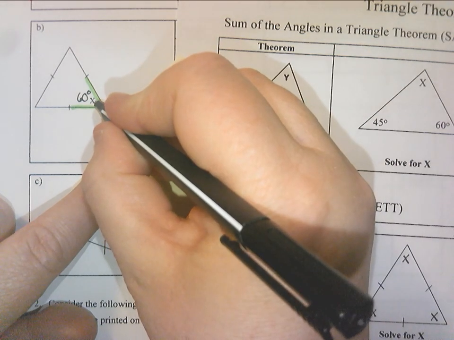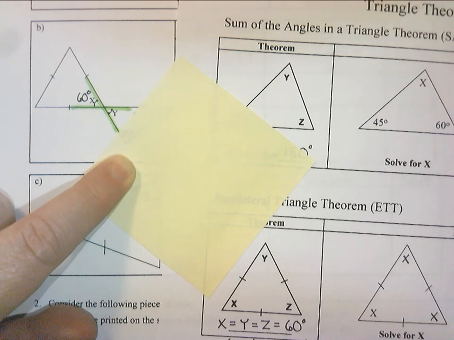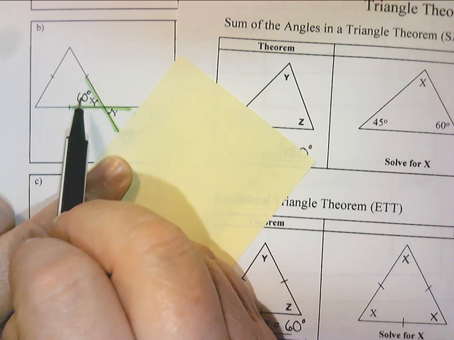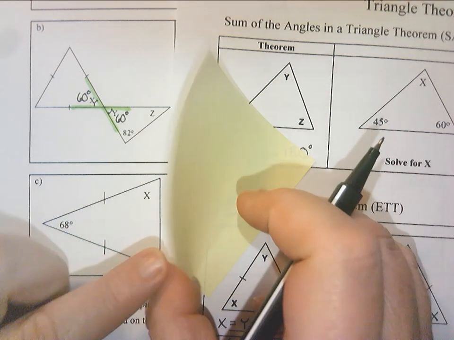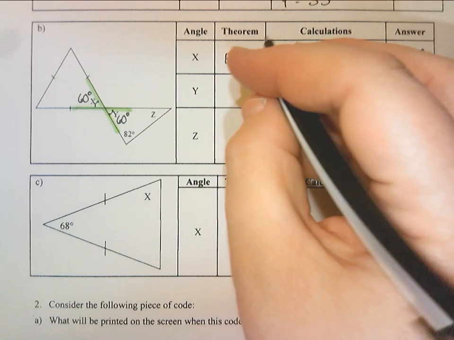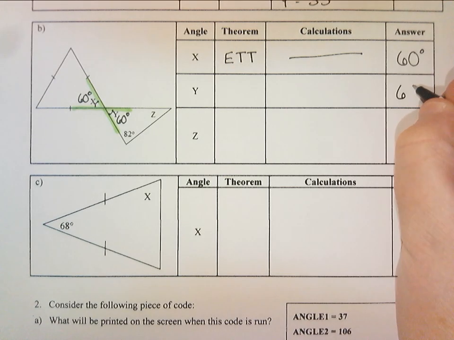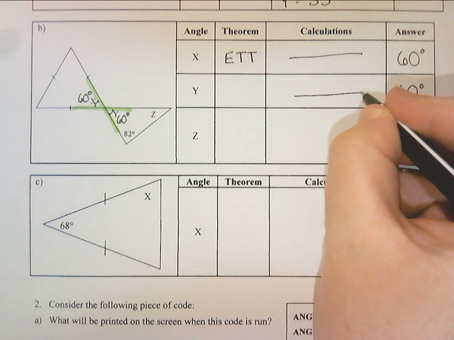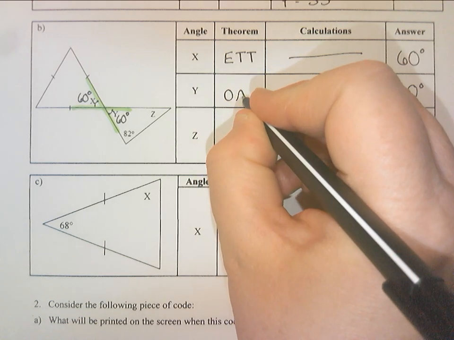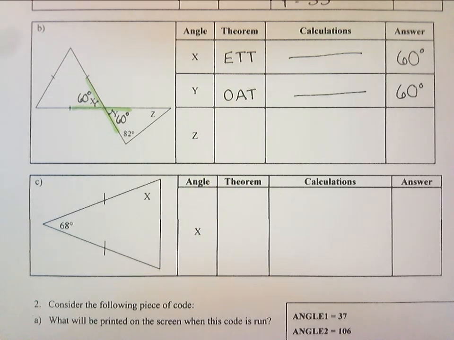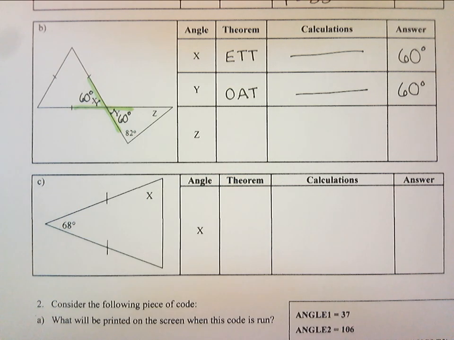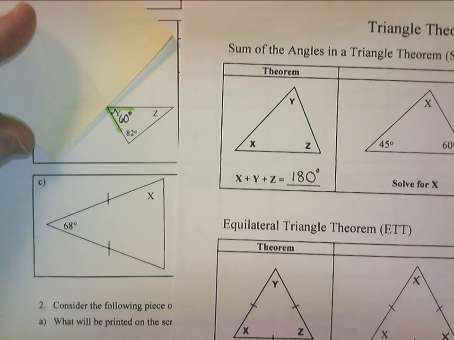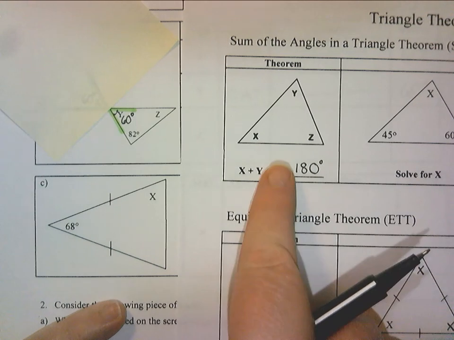And it says that the two angles on the opposite sides of those two straight crossing lines are going to be equal. So if this side is 60, this side over here should also be 60. So angle Y is going to be 60 degrees because of OAT, our opposite angle theorem. Okay, once I know that that angle there is 60, I can now go ahead and use the sum of